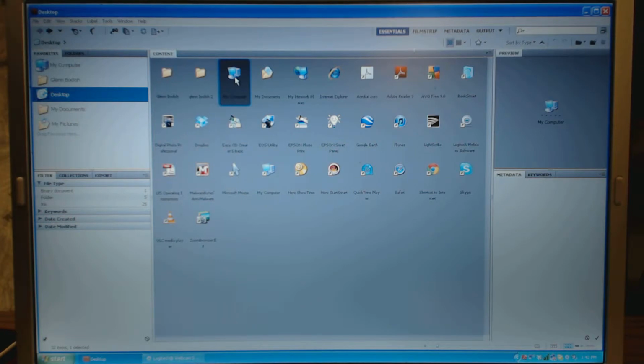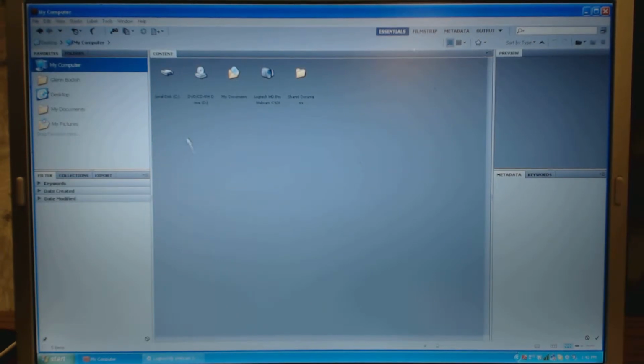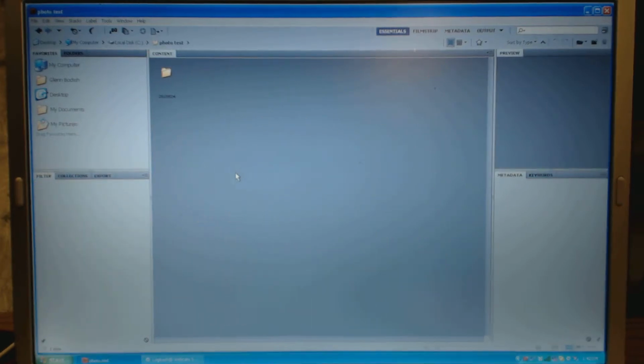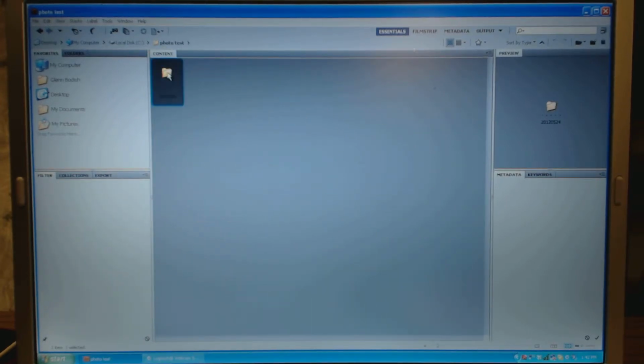And of course, going to my computer, and I'm working off my C drive right now, which is just my hard drive on the computer. You may have an external. I can open up that C drive, and I can now go to Phototest and be able to open up Phototest. Here's the file,